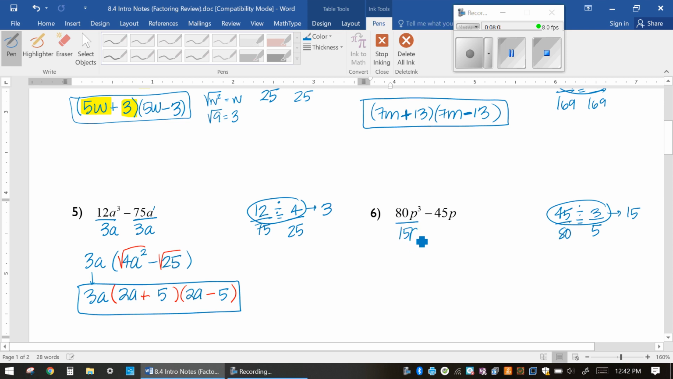They also have a p in common. So I'm going to divide by p to the first power. Okay, put the 15p out in front. Divide each of the terms. Okay, so 80 divided by 15